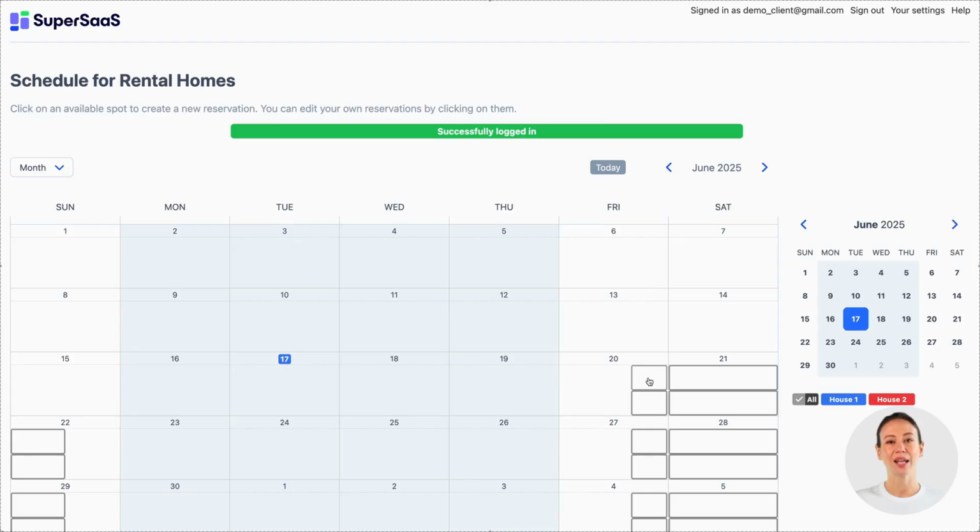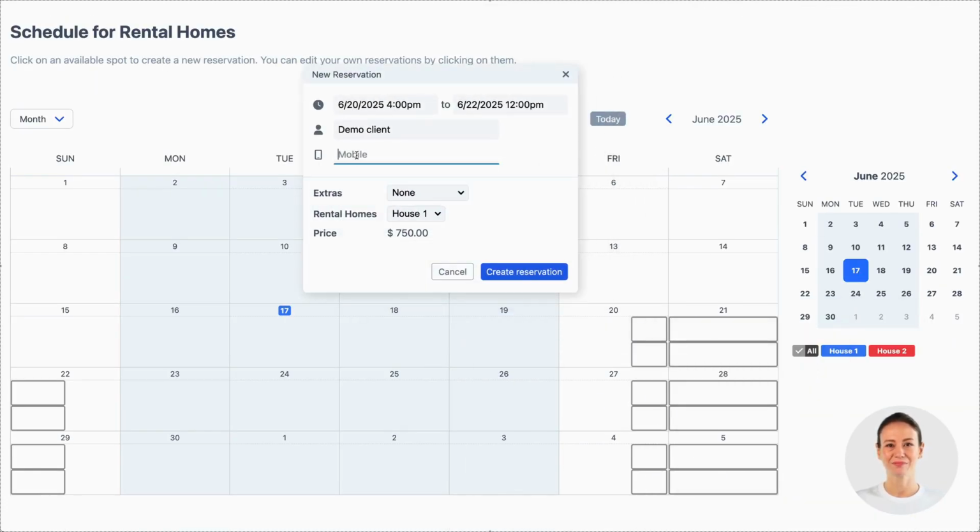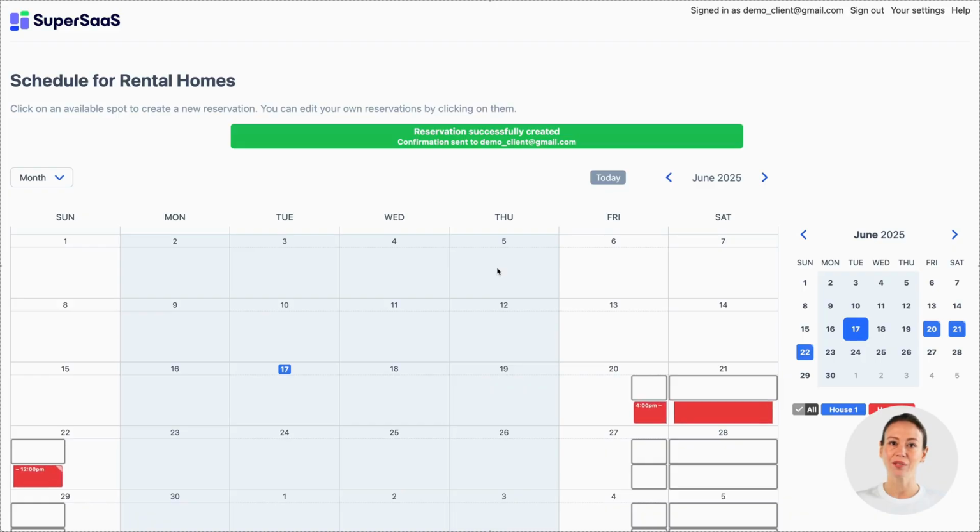As you can see, a client can make a reservation for the weekends. Prices have increased automatically by 50% as it's high season. When selecting Towel Set as an extra, $5 is added to the price. Upon completion of the reservation, a confirmation will automatically be sent out. Optionally, you can add a custom form to the registration and/or the booking process, for example, to have clients agree to your terms and conditions.